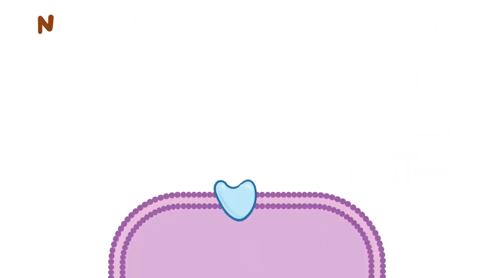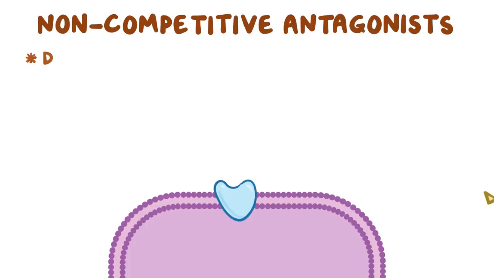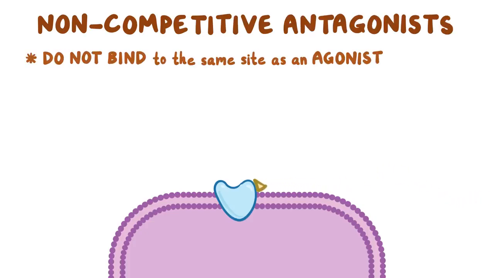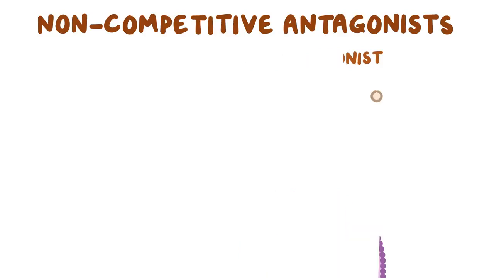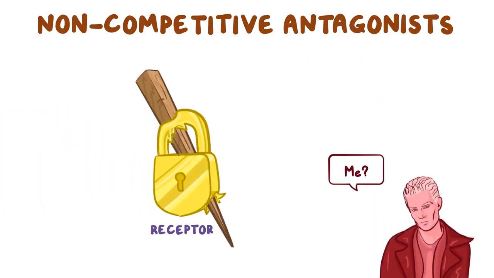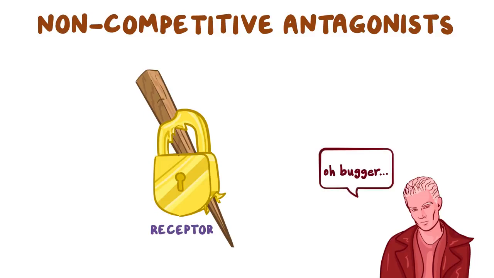On the other hand, non-competitive antagonists don't bind to the same site as an agonist. They bind to a spot called an allosteric site. And when they bind, it causes the shape of the receptor to alter in such a way that the ligand can no longer recognize it as a binding site. So, imagine a giant spike being driven into the lock, causing it to crack and rendering it useless. And just like in irreversible competitive antagonists,